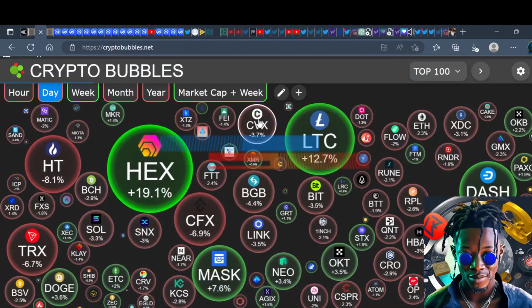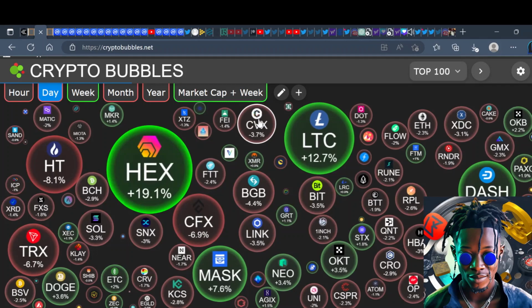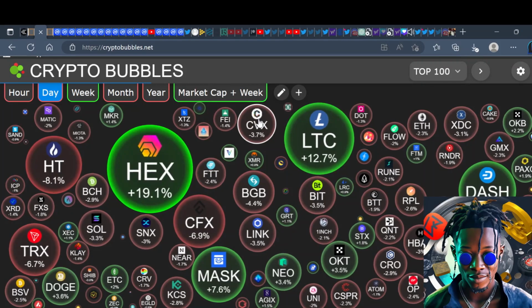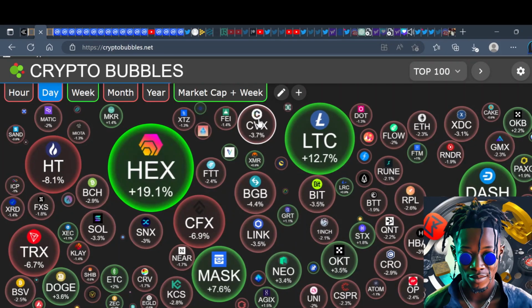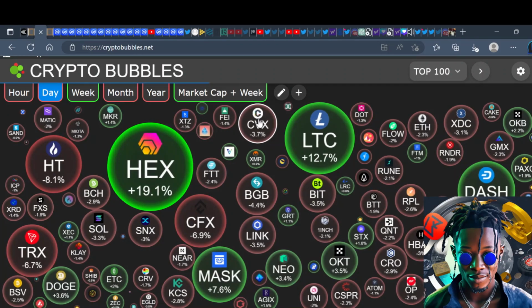So I wanted to dig a little deeper into that strategy I was telling you guys about on my live on how I find the strongest altcoins. I use a couple different metrics. I'll go over some of them. These are not all of them. This is just some of them, family.